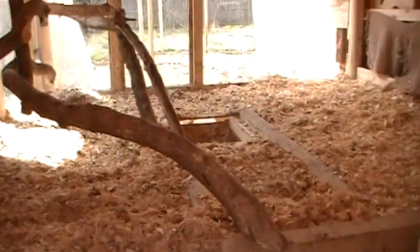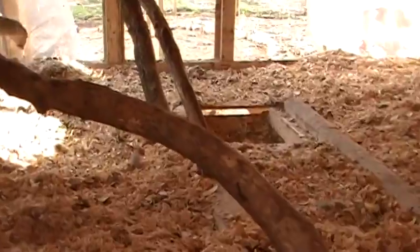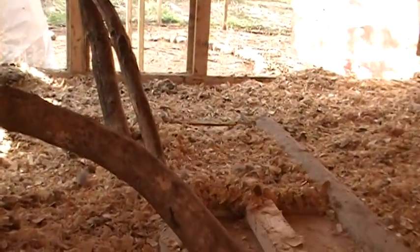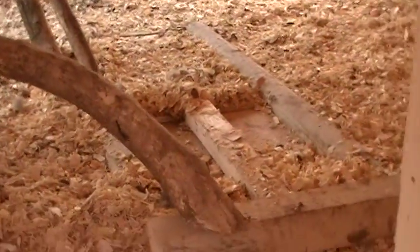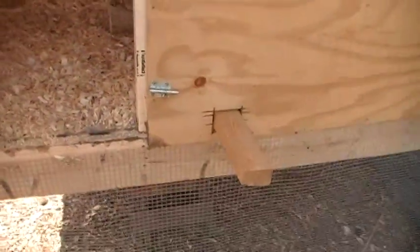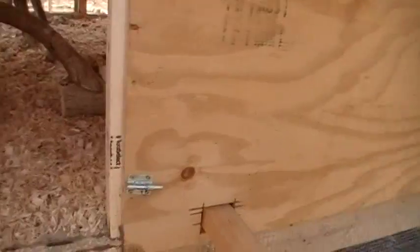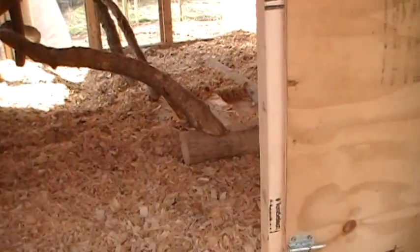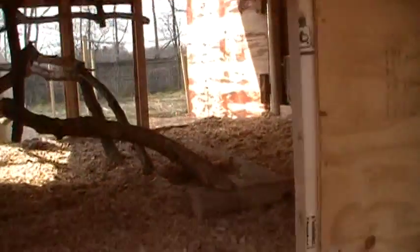Oh my gosh, I almost forgot to show you. Okay, check this out. Can you see this? Watch. Are you watching? So this lever, I'm going to try and use it. I'm going to try and hold my camera with my left hand. There we go. This lever